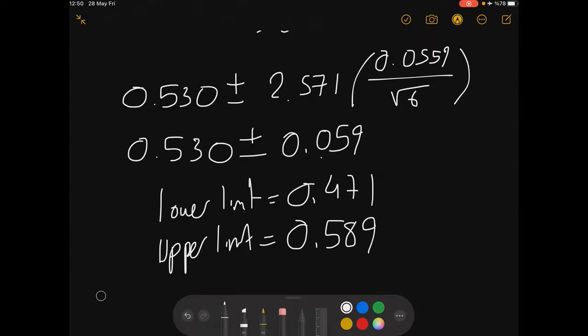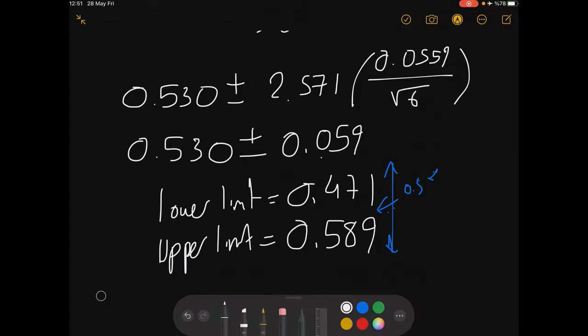So it means that since your 0.5 is somewhere between here, you cannot reject your null hypothesis. With 95% confidence, your mu lies between this range. That's it. And you cannot reject your null hypothesis here because it's lying in the middle. That's the idea. If you want to narrow the confidence interval here, what you have to do,